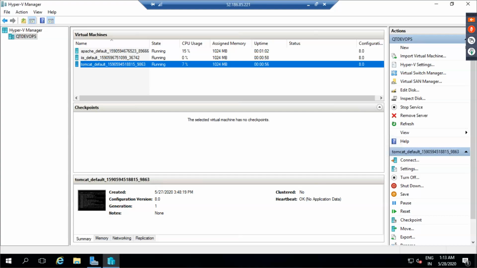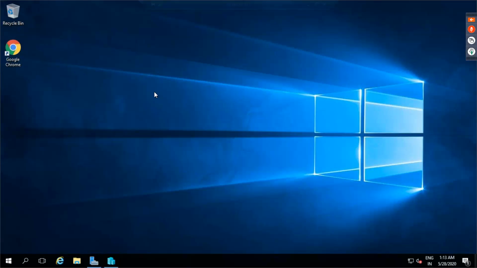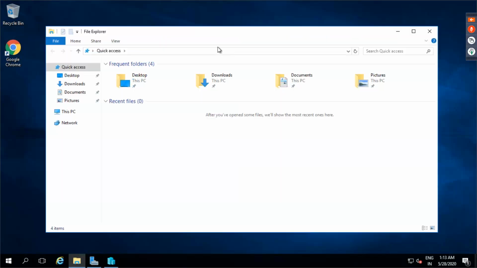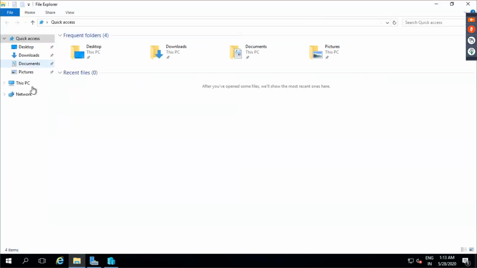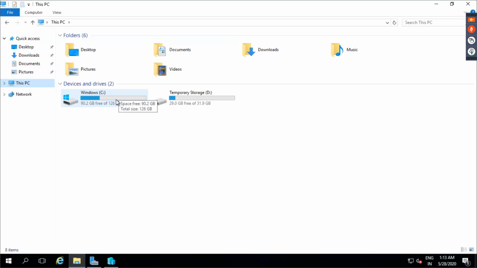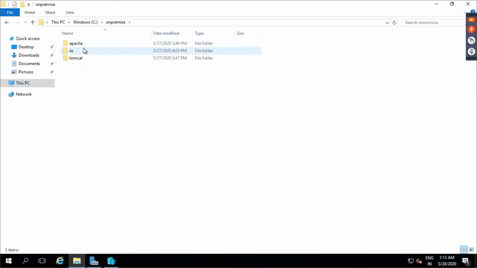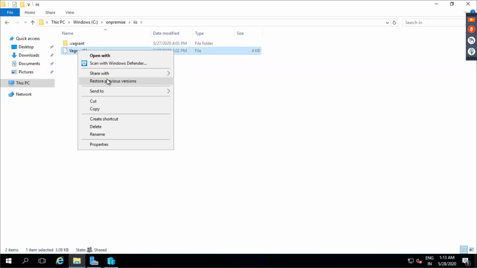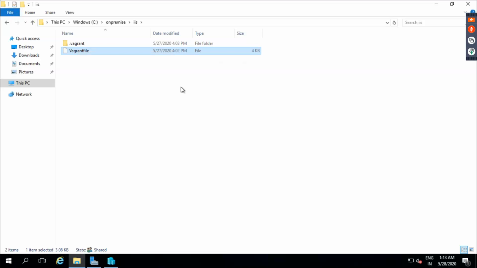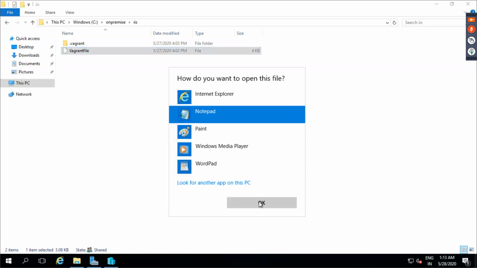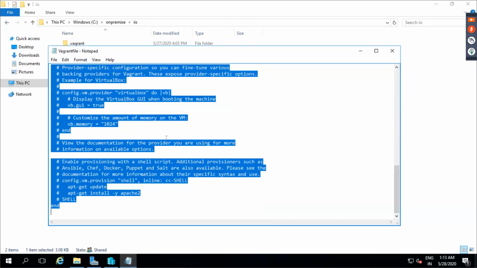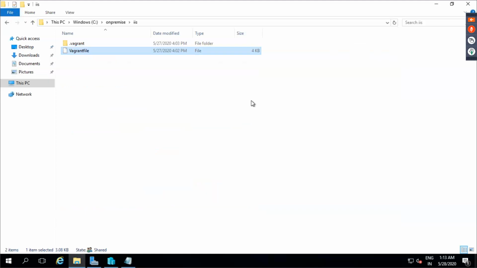Let me copy the Vagrant file which I have been using so that it is easy. But this machine takes a lot of time to start. It takes nothing less than half an hour to start, that too on this space.